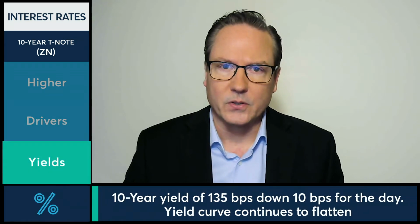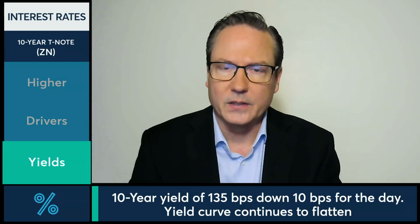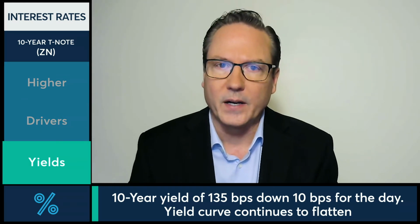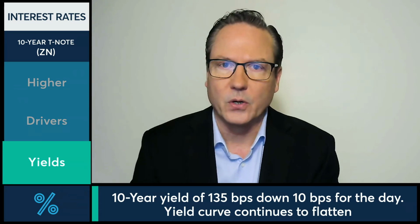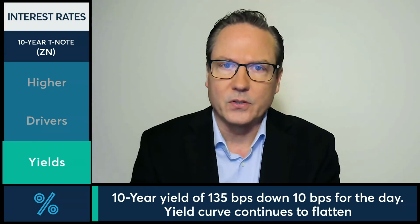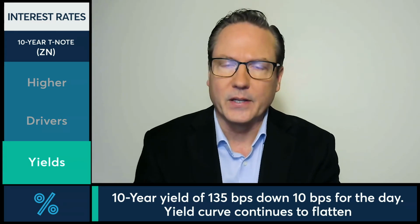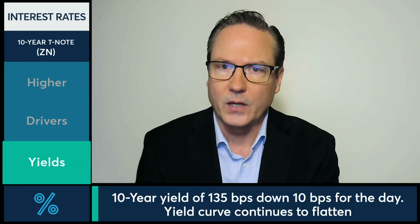Now, looking at the yields, we are looking at the yields dropping significantly today, down 10 basis points to 135 basis points for the 10-year yield, down from 145. We're looking at the 30 years pushing lower as well. As you move up on the curve, it flattens out a little bit when you get to the 2 years and shorter dated exposure. But once again, that yield curve continues to flatten here throughout the week and has been